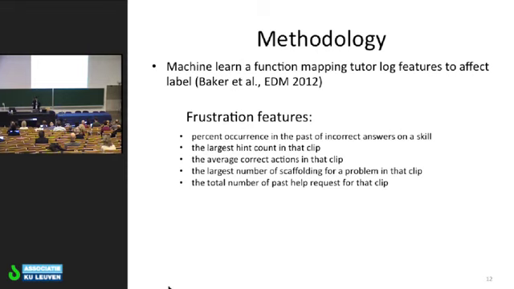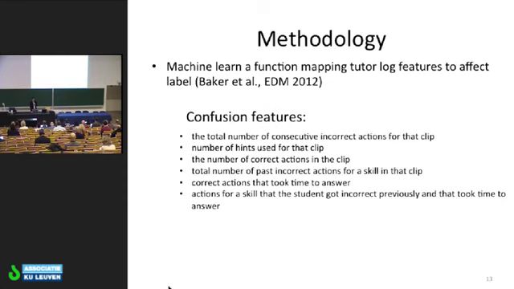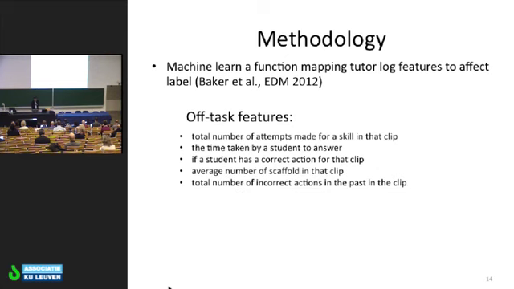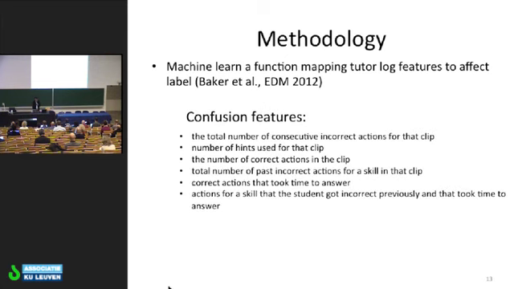And then some features that were indicative of frustration. Percent occurrence in the past of incorrect answers on a skill. The largest hint count in the clip of problems done. So maybe a very high hint count might indicate frustration, but I'll let you browse through the paper for a comprehensive list, and then we have confusion features. Let me just read off a couple. Total number of consecutive incorrect actions for that clip, number of hints used for that clip, number of correct actions in the clip,